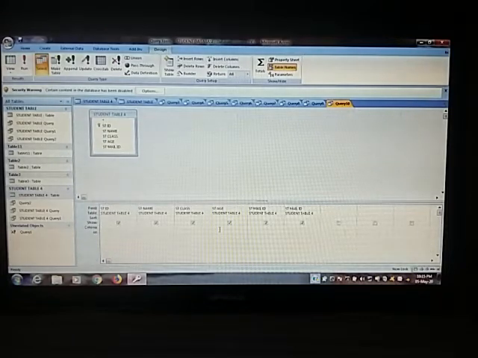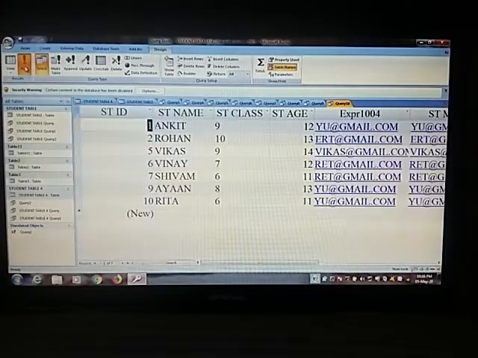So we write here the condition between 11 and 14, and after that click on the run command.